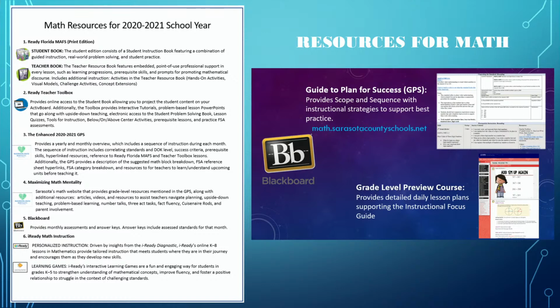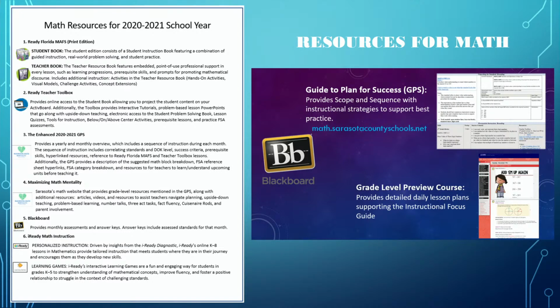The goals are in there, the learning intention, success criteria, and the common assessments are in there, including quick checks, targeted quizzes, and unit assessments. So they're all in those GPS unit plans. And they're also providing those daily lessons again in math for our teachers in the Blackboard course. So teachers can just copy those daily lessons into their own Blackboard courses to use with students that, again, have all of those aligned components of good instruction there for the teachers to use.